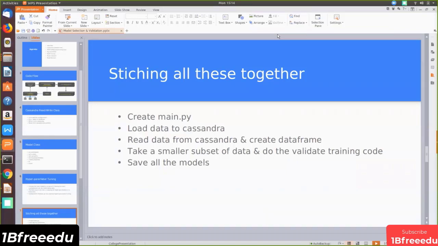Now that we have created the machine learning model, unit tested that piece of code, created classes to read and write to Cassandra, and unit tested that piece of code, it is time to stitch everything together and create a complete solution. You can configure more hyperparameters now, because this is the one that will be running after basic unit testing. This is the one that will run overnight to get the results, because it will take time given the size of the data and the number of experiments you want to do. So we'll create this main.py.